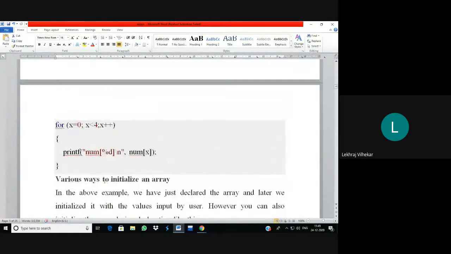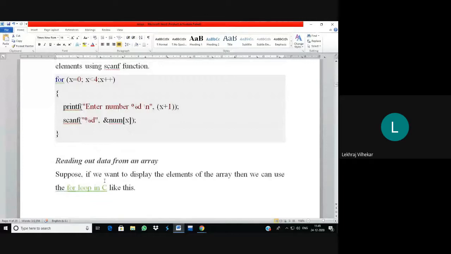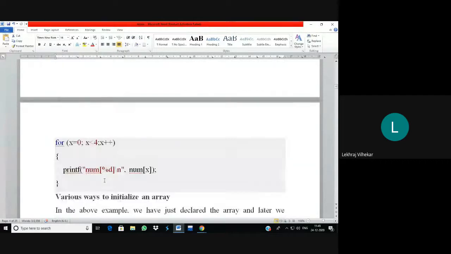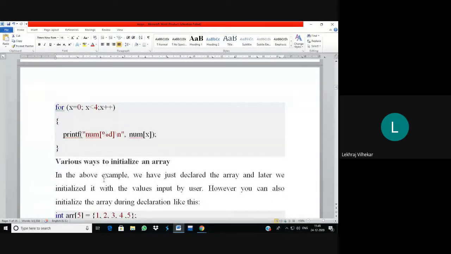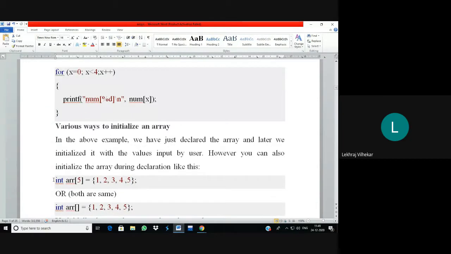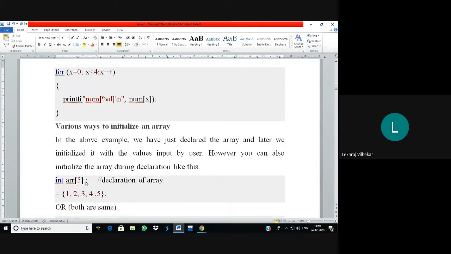So this is about the declaration of the array. Here we have declared the array integer num of 4. We have seen the various examples, integer m of 5, float s of 5. Then here you have a simple example, integer array of 5. If you put the semicolon over here, this is the declaration of the array. Okay, int array for you.